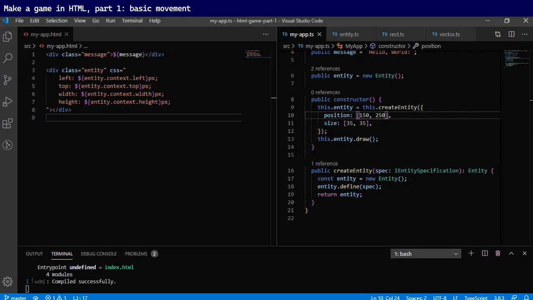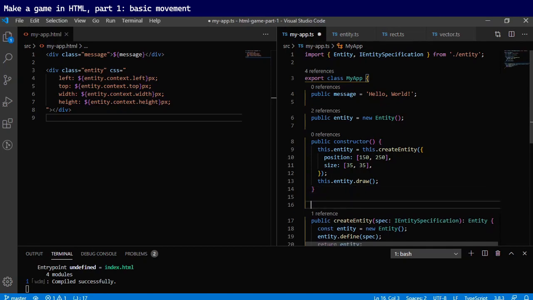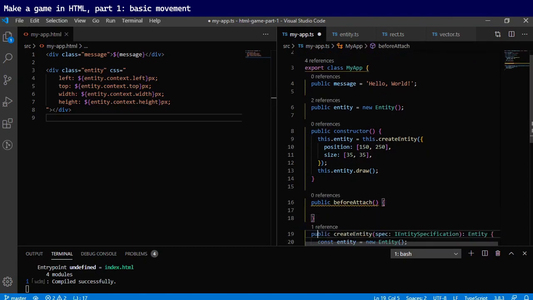Now I do have certain issues with doing this in the app constructor. I normally want to keep things away from that. And we do have in Aurelia a set of lifecycle hooks. Let's do before attach. And before attach is a hook that's called